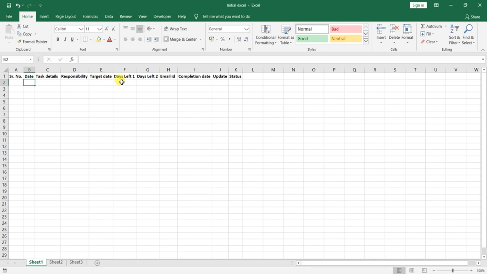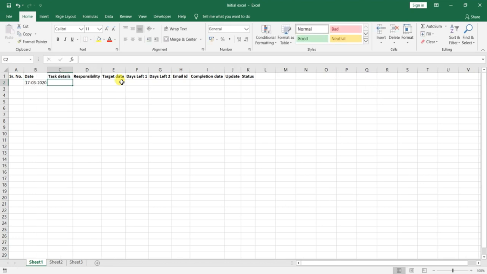Like, let's say on 17th March 2020, you have assigned one target task detail, like A has to complete the work. Let me be specific: to drive a car and reach the destination.